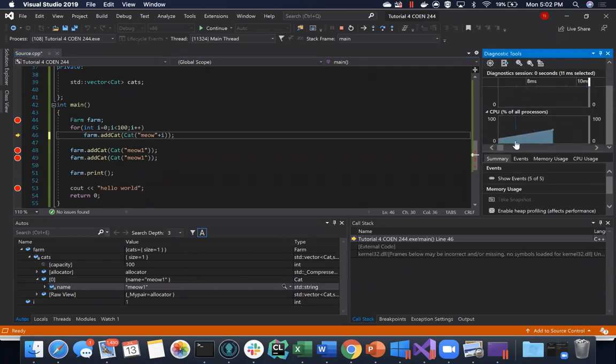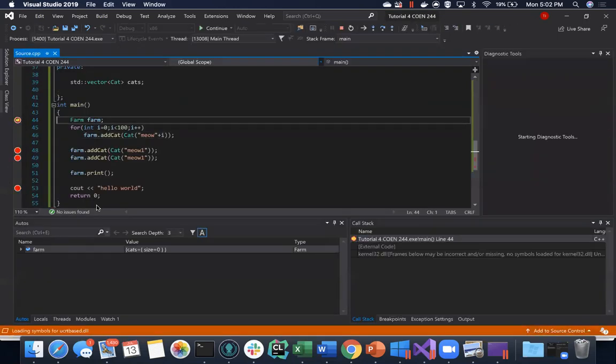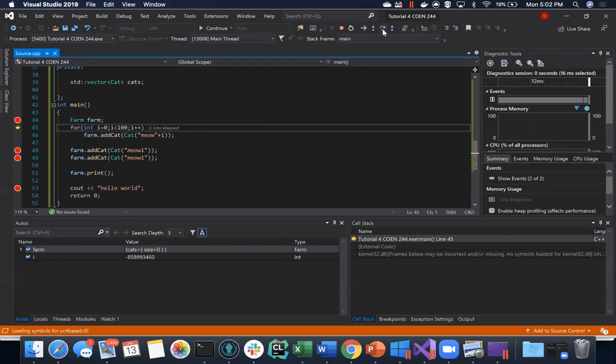And you can see, by the way, that our memory jumped, although we've only added one cat, because I'm going to rerun this and we're going to look at the memory again. So at the beginning, I just started the first line. I don't have any memory, or I'm not using much memory, barely anything. After running one step,